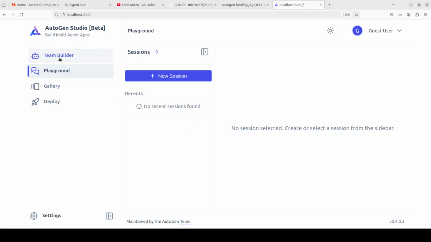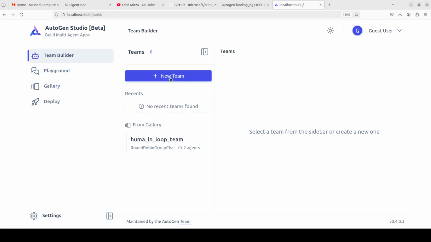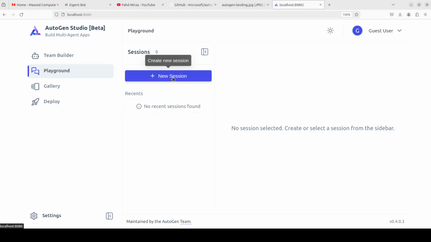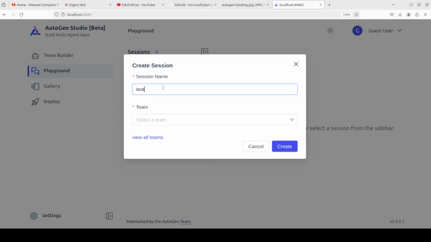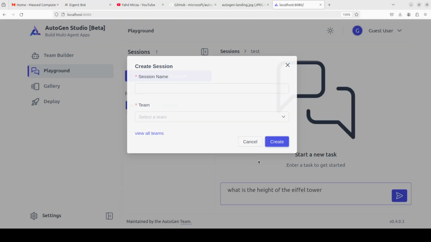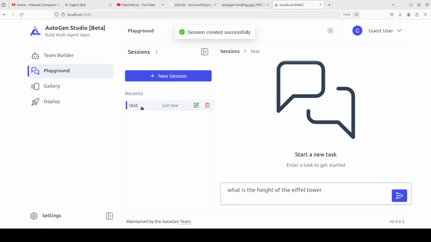First thing we need to do is to create a team of agents. Just click on new team here. Just either change the name or let's go with it. Once team is done, go back on the left hand side to playground, create a new session, just call it whatever you like, select your team and then create. Then click on this test team here,